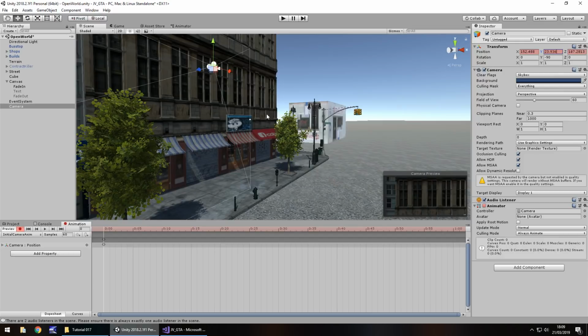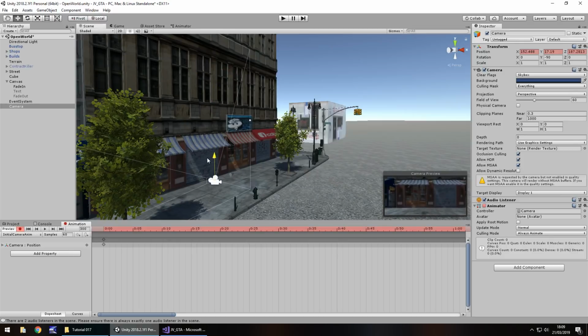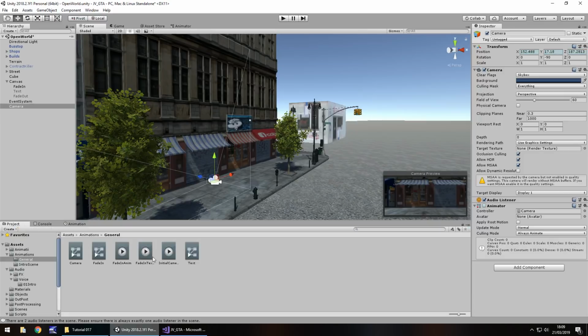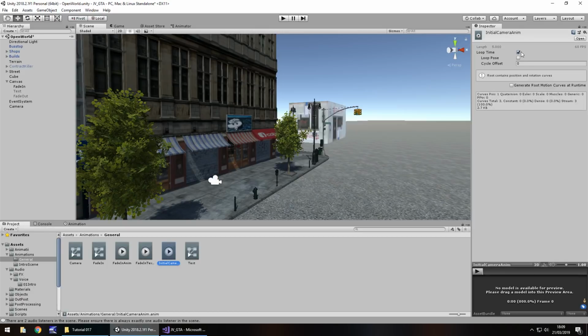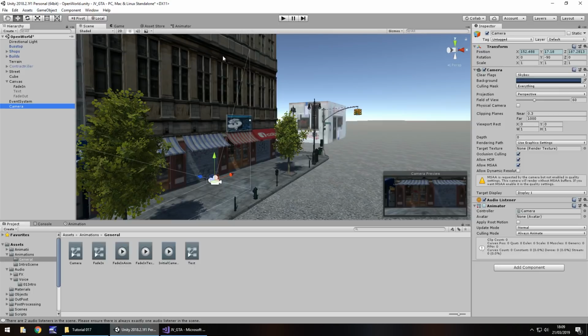Again, you don't necessarily have to do this. You could deal with rotation, you could deal with the x position, z position. It's entirely up to you. I'm showing you the mechanics, you just adapt. So let's do this over the course of, let's say, 5 seconds again. So by frame 300, we want this camera to be, let's say, there. So press record, head back to project, click on initial camera, and let's untick loop time, and then click on the camera again and untick animator when it becomes available.